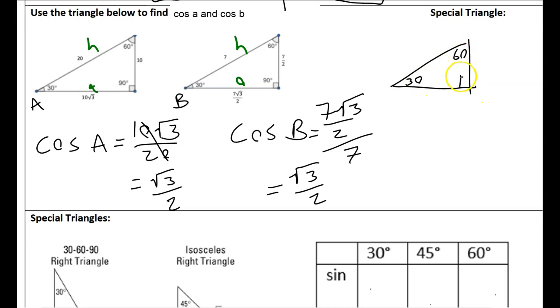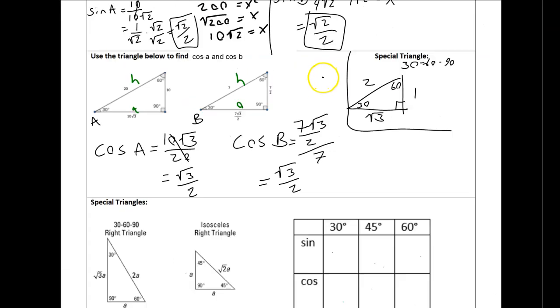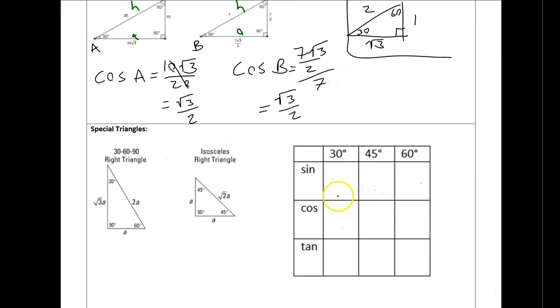And 30 is the smallest angle, right? And the simplest version of this is 1, 2, square root 3. So that's our second of two triangles, and again, it's a 30, 60, 90. Okay? And the reason that knowing these now is so important is that it gives us a reference for these really common angles. So 30 degrees, 45 degrees, and 60 degree angles are the angles that most often show up in real life. And if I can draw one of these triangles, I can figure out these ratios in exact